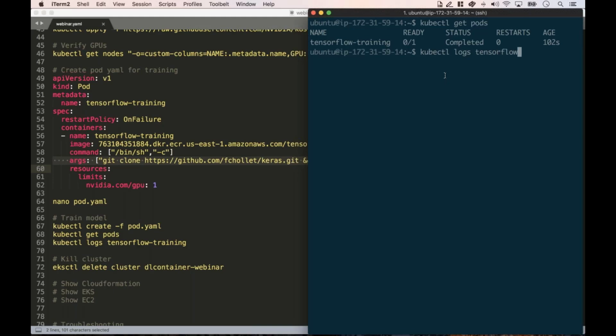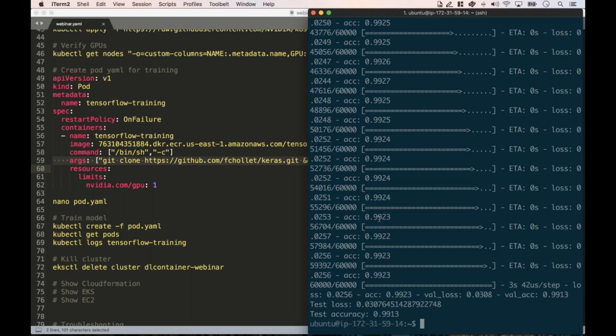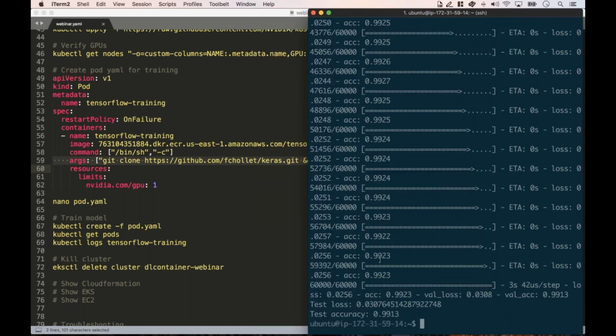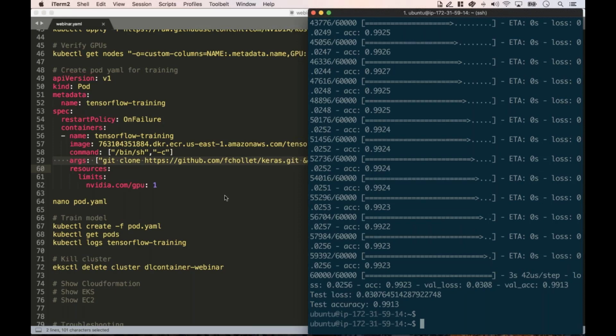And if we do kubectl logs and specify the name of the pod, we can see that our model trained successfully, and we will get a log output of model training, showing us the test loss and accuracy. Now that you've trained your model, if you want to spin down this cluster,